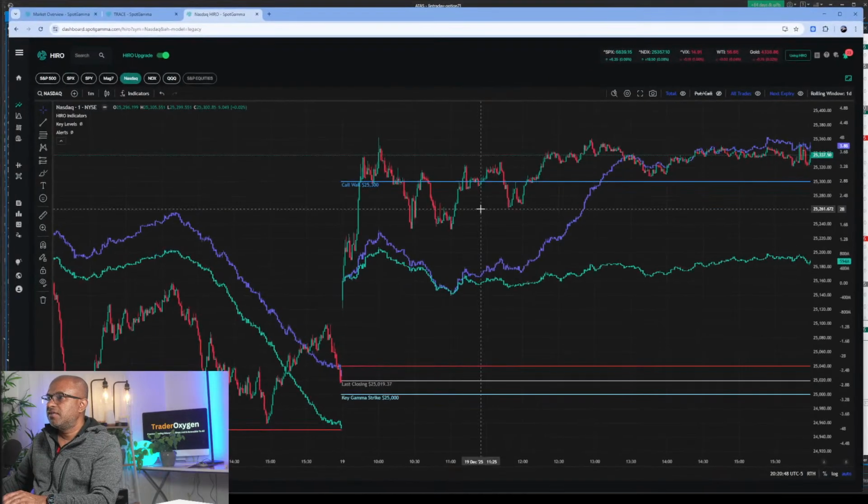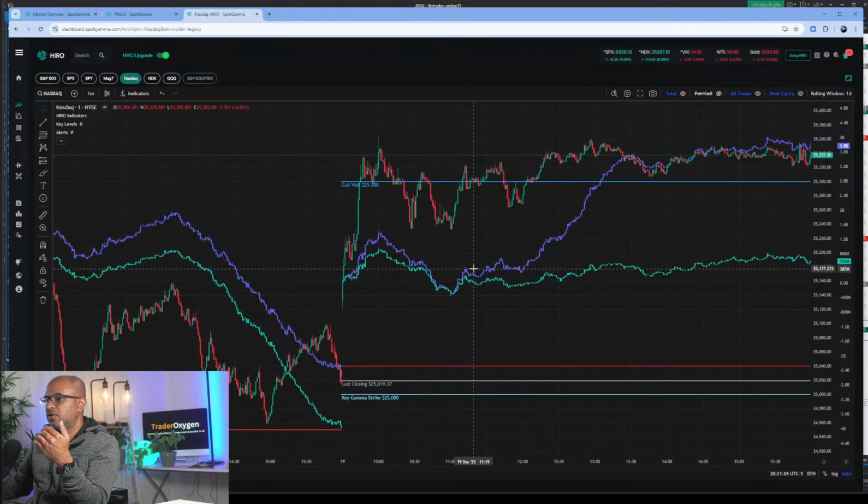At 11 o'clock we again look at the options flow chart, and you can see at 11 o'clock, this is the options flow chart. Why are we looking at the options flow chart? If you look at our previous videos, you will have seen options flow can drive the stock market and the futures market. Why? Because in the options flow market, when the market makers, the dealers, take the